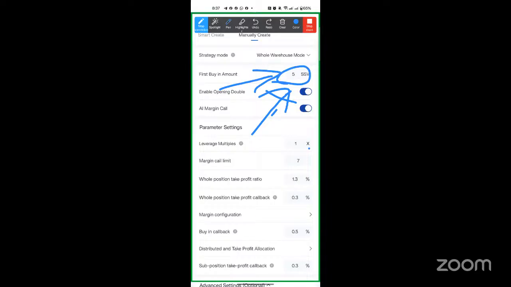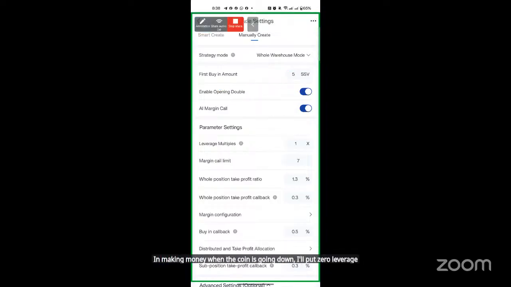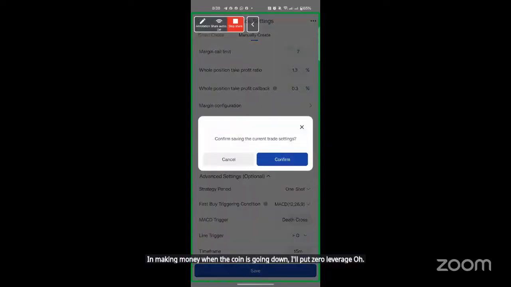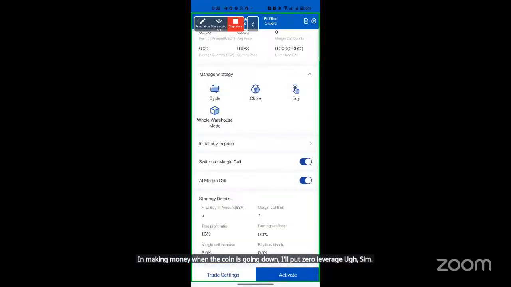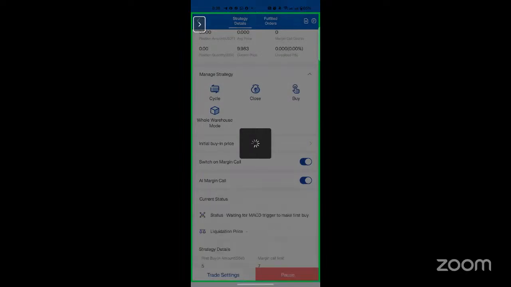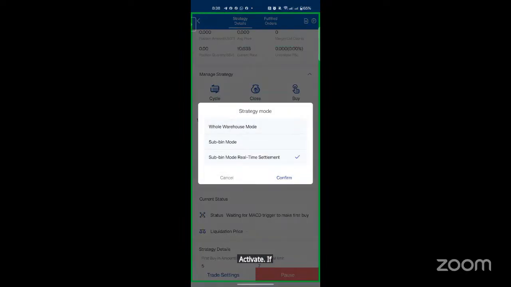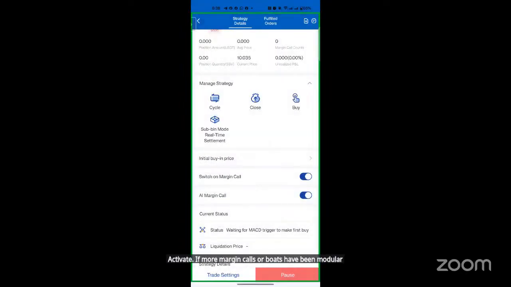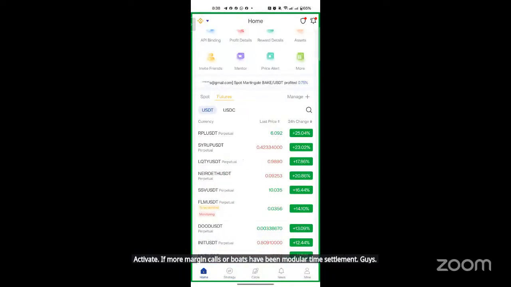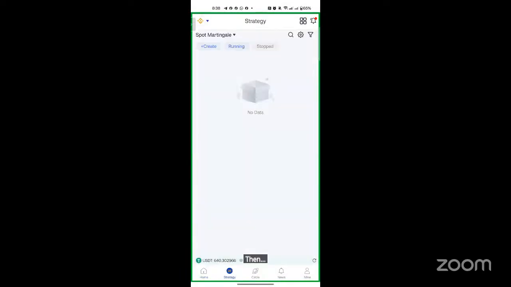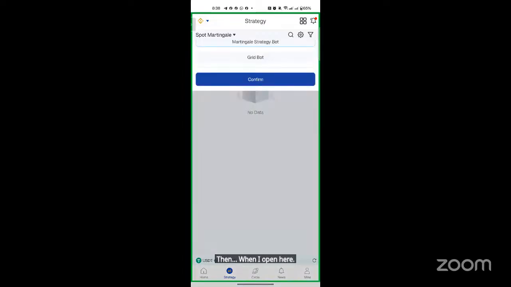Do you copy? Give me one in the chat. So me, if I'm only interested in making money when the coin is going down, I'll put zero leverage. Save. Activate. If more margin calls about sub-bin mode real-time settlement, guys, then when I open here, instead of spot, I'll